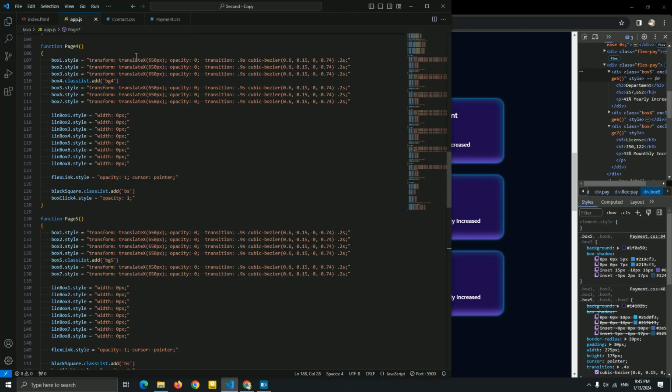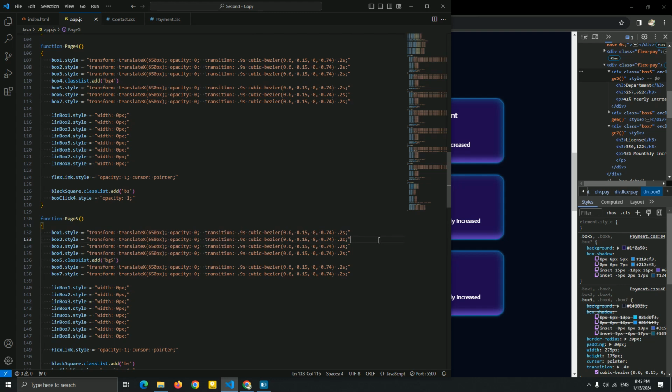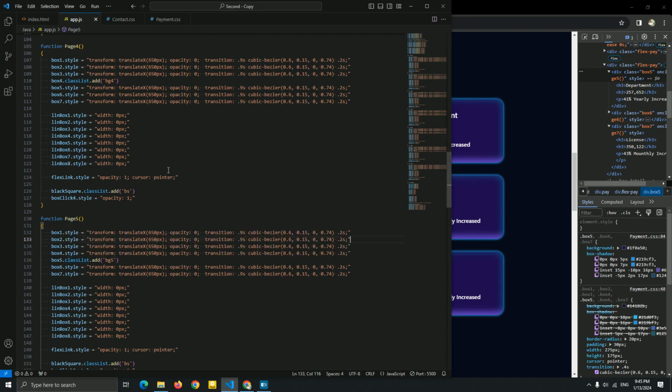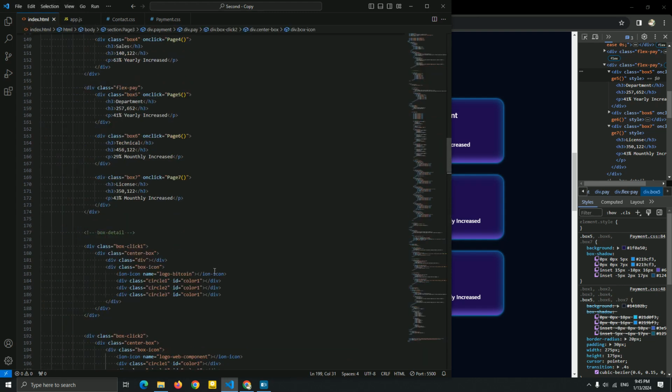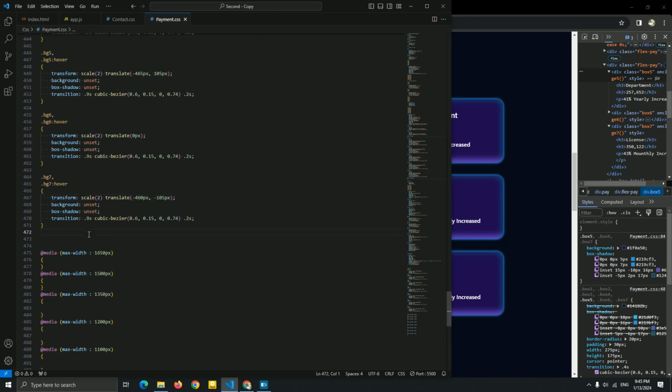And if you ask me why I add a class list for this, for example BG5, instead of adding this translate in here, it's because I want to style this BG5 in the media. Now I'm gonna explain why I add the classes instead of adding a style in this function. But yeah, this is everything. And let me just create this BS, the black square. Now for this BS, let me just add it here.